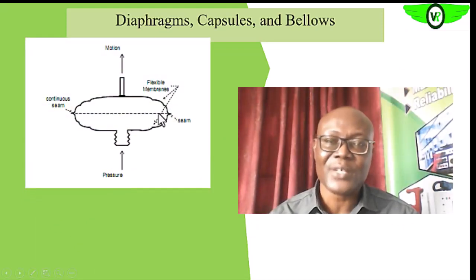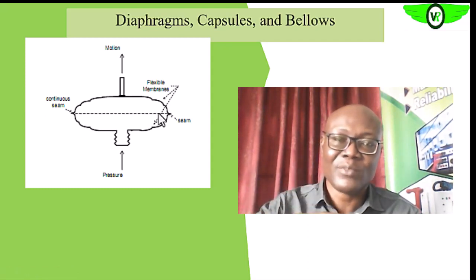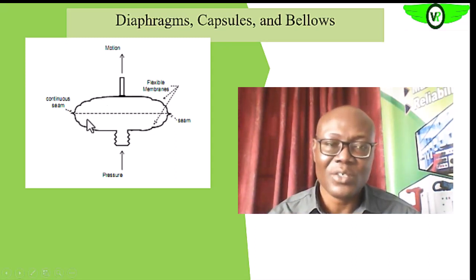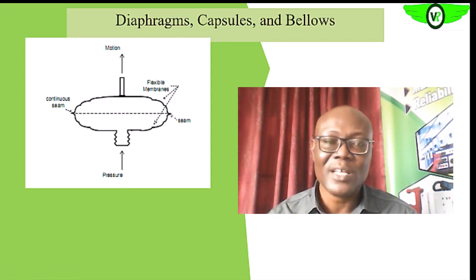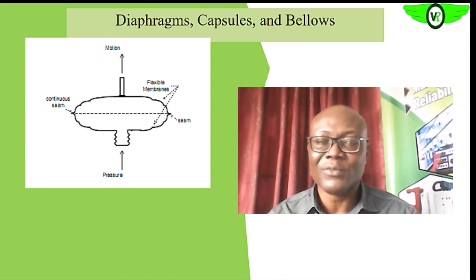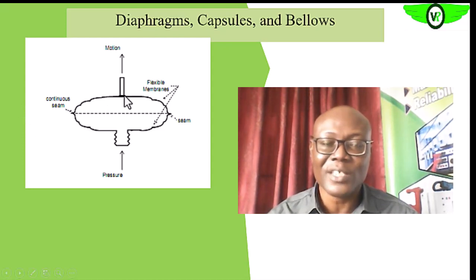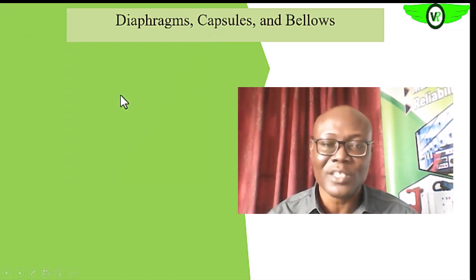The capsule is like two diaphragms, okay, one on top of the other. Are we getting it? As you can see on your screen, this is one diaphragm, this is another diaphragm. Have the edges sealed, okay. One part, the lower part of it, has an opening that is exposed to your process. Then the other part is attached to a lever or something that will carry the movement of the upper diaphragm, okay, to your gauge, as we saw in the case of